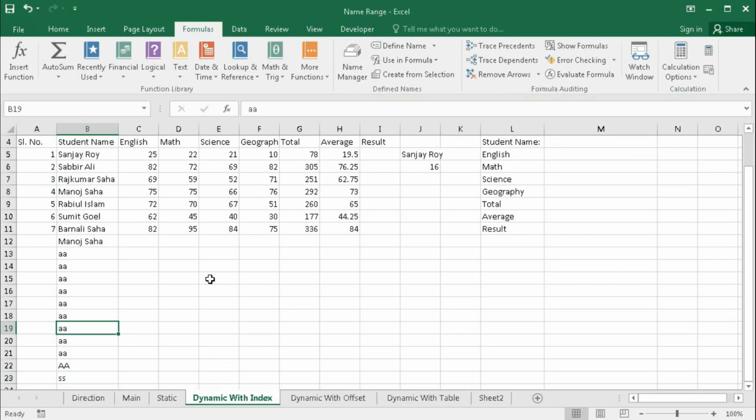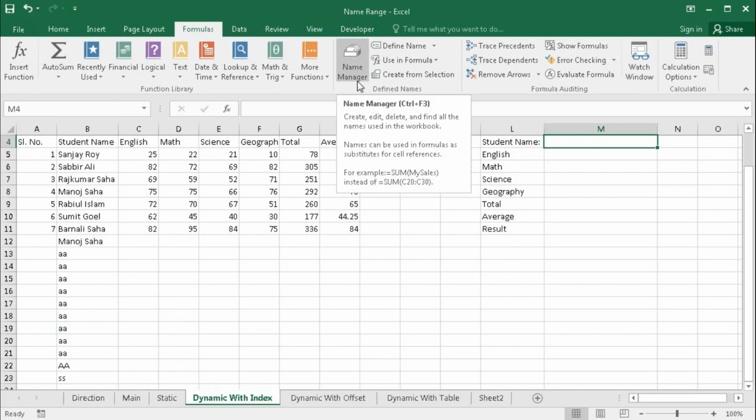So in this way you can create a dynamic name range with the help of INDEX and use it in any function, any formula, or create a drop down list. So let's try. First we will create here a drop down list with the help of our name range student name dynamic.